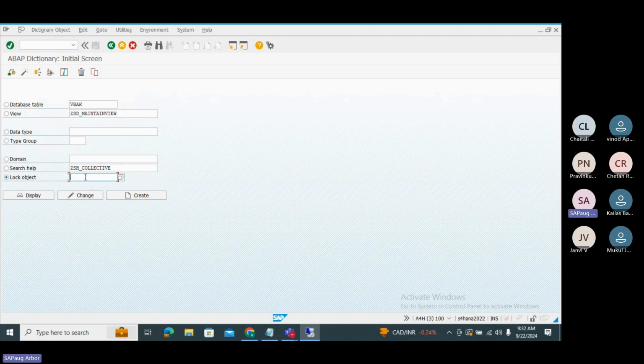To create the lock object, there is a naming convention that it always starts with E. You will be surprised: if we are creating a custom lock, why does it not start with Z or Y? Yes, there is a standard instruction by SAP that you should start the